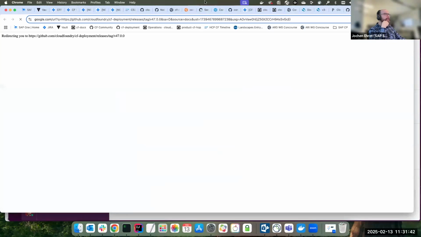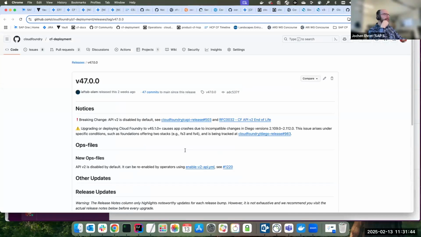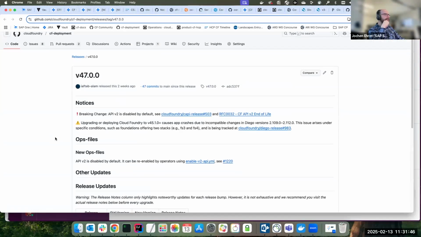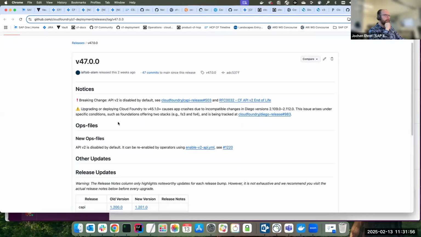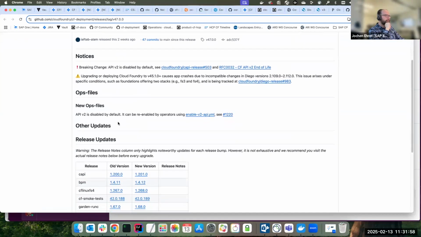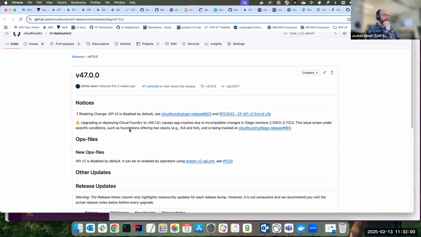We have a few major CF deployment releases. So version 47 with API v2 disabled by default. We've got some feedback from the community, like the CF CLI integration tests were not working anymore.